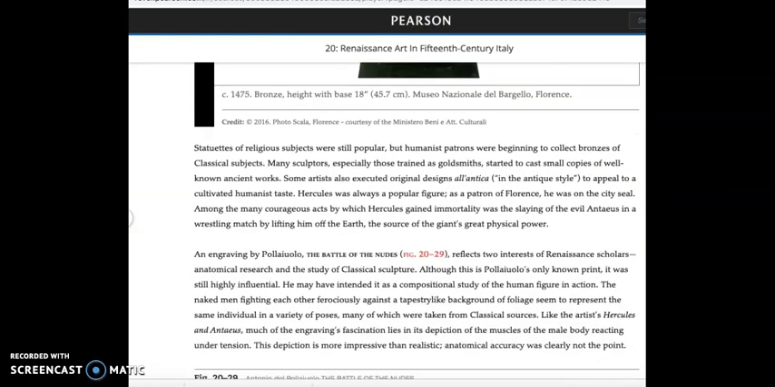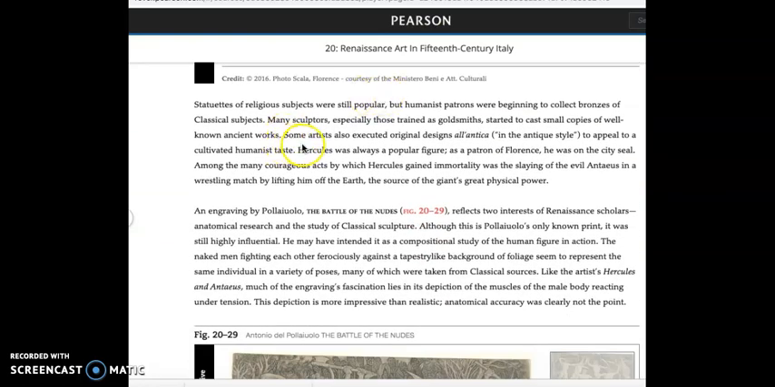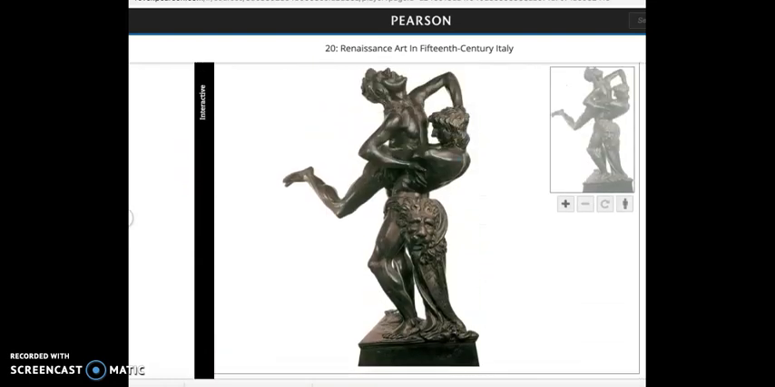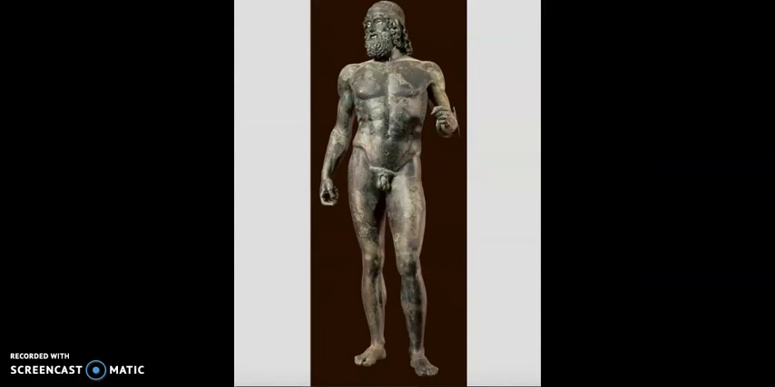And there's a term they bring up here that I want to emphasize. They say some artists executed original designs all'antica, in the antique style, to appeal to a cultivated humanist taste. In other words, patrons like the Medici wanted artwork that looked like the antique, all'antica, they mean the classical ancient world. One of the things that means is a tremendous new interest in the nude and in building